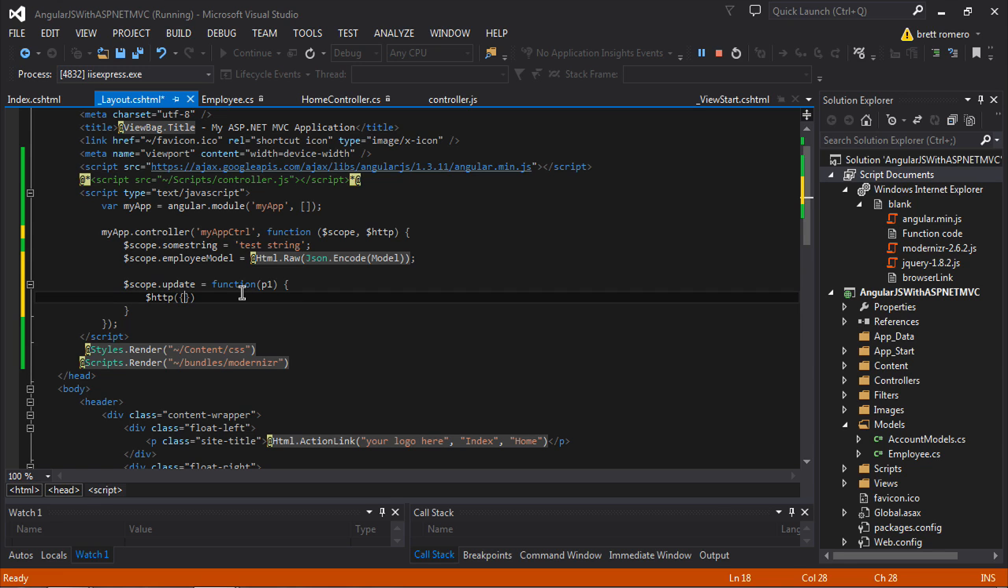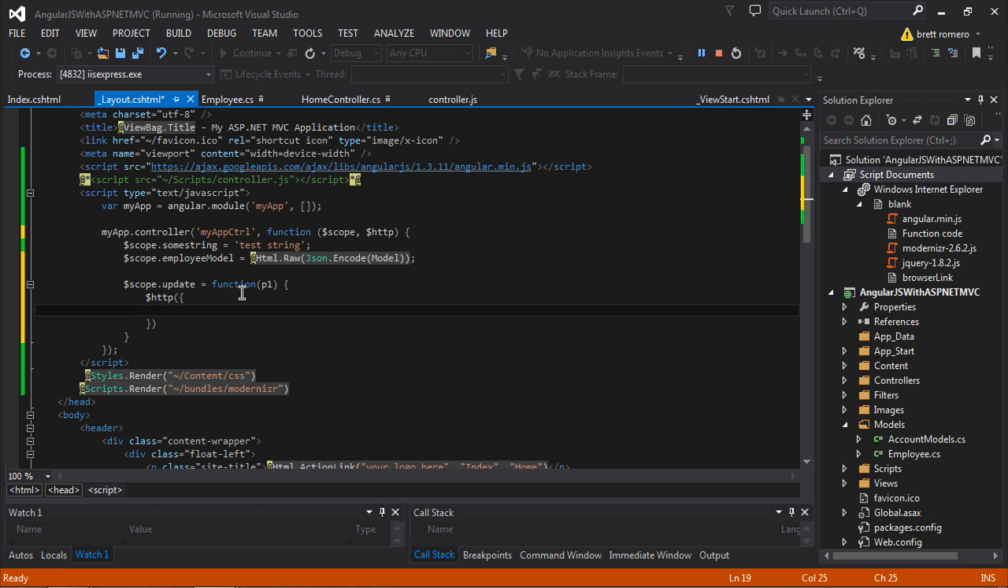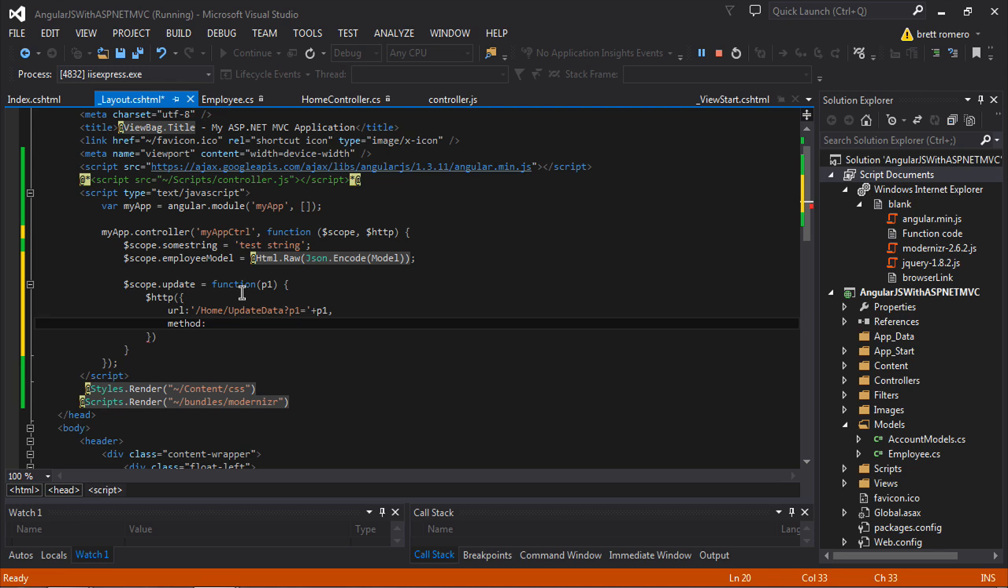And now what I want to do is I'm going to make this so that it's a little easier to read. I've got my URL, and I'm going to do my URL that this is getting accessed on, update data. So that's our method in our code behind. There's our parameter, and this is going to equal P1, like that. And now I'm going to do method. This is going to be a get, and I'm going to close this,